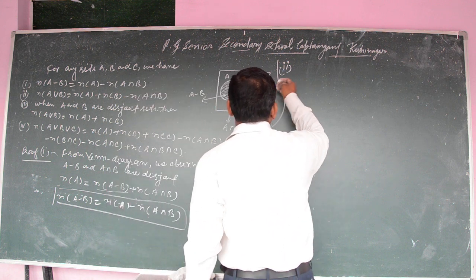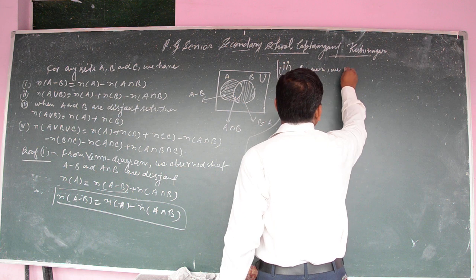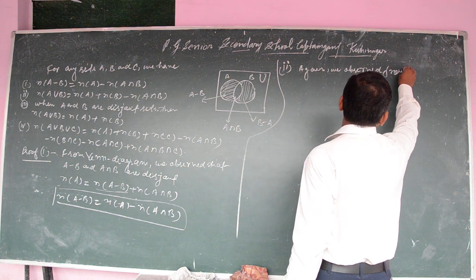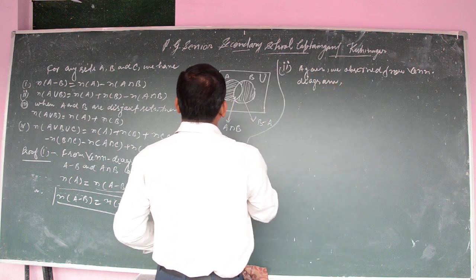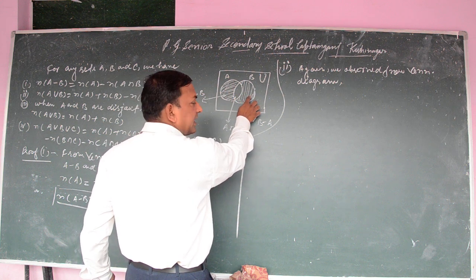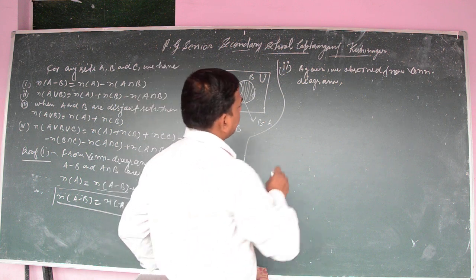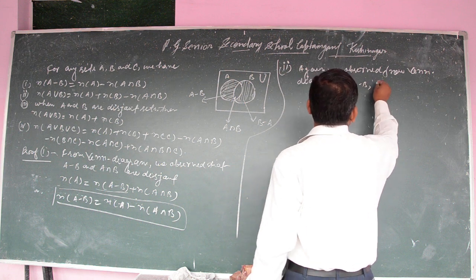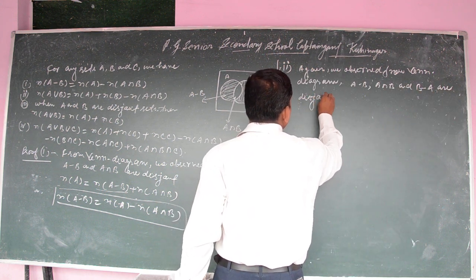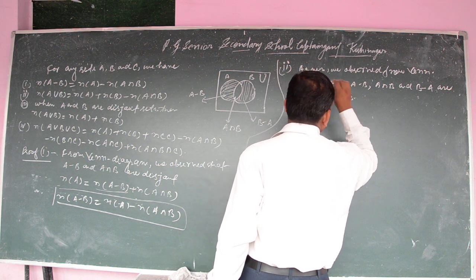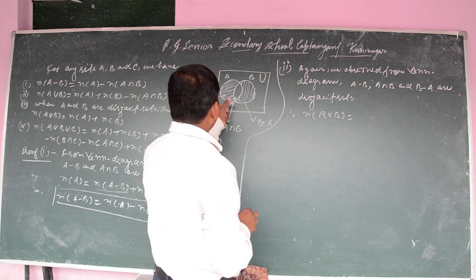So again we observe from the Venn diagram that A difference B, A intersection B and B difference A are disjoint sets, and the combination of these disjoint sets is A union B. Therefore, cardinal number of A union B, containing three regions,